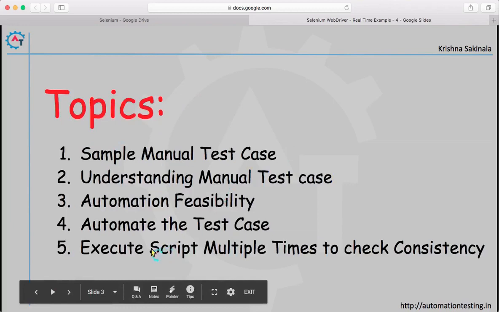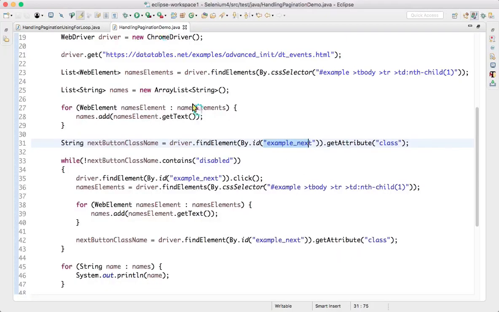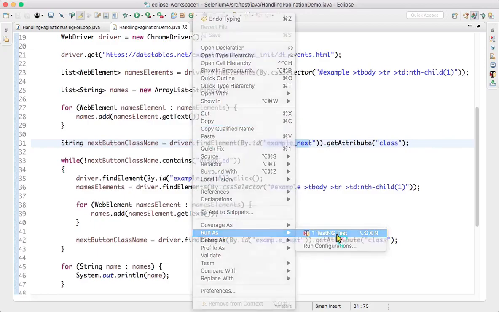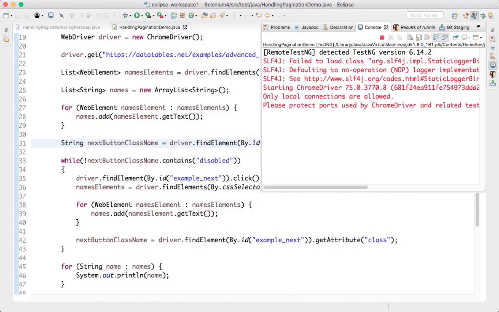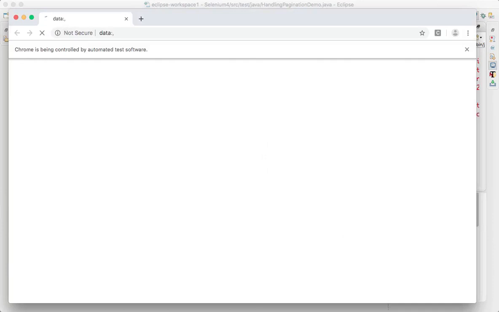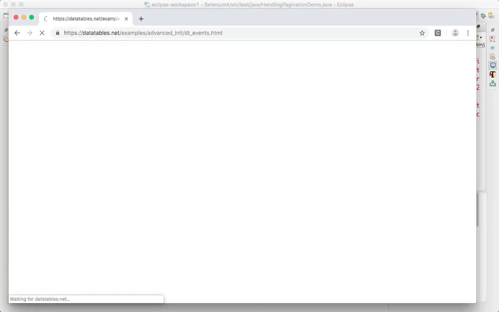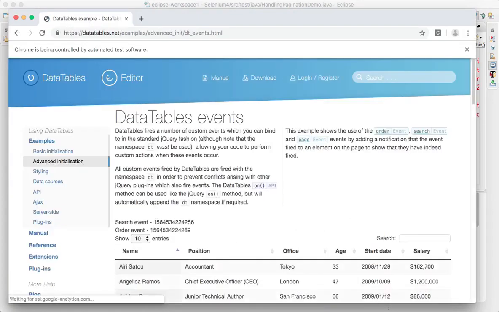Okay, so we're done with everything. We have written the logic, but we should execute the script multiple times to check the consistency. To check the consistency, we'll try to execute one more time. We'll see whether it is passing this time also or not. So it opened the Chrome browser, navigating to that URL.